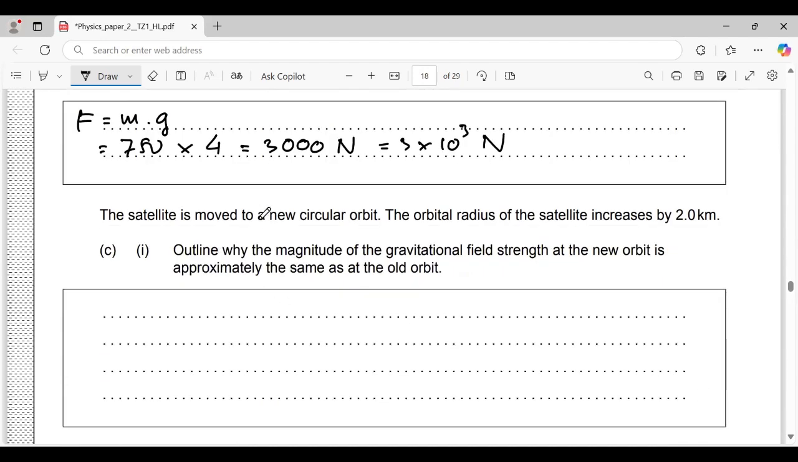The satellite is moved to a new circular orbit. The orbital radius of the satellite increases by 2 kilometers. Outline why the magnitude of the gravitational field strength at the new orbit is approximately the same as the old orbit. Okay, see part 1, because if we compare with the original radius, I haven't yet typed my explanation, so I have to write here, because